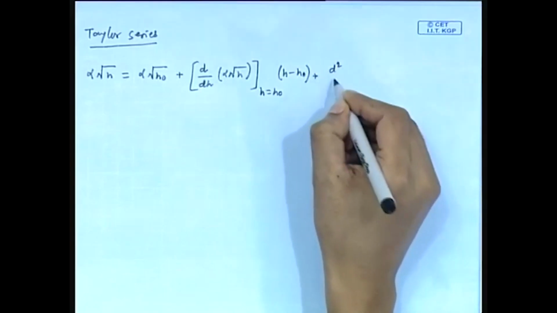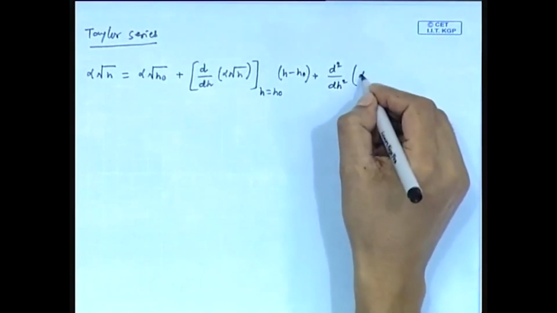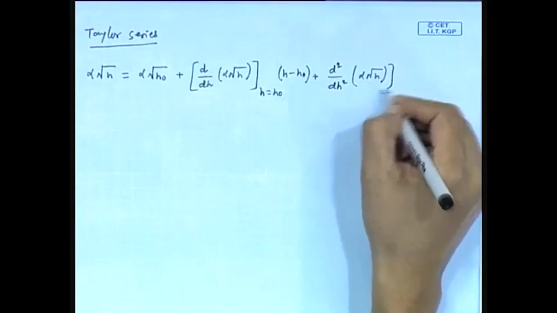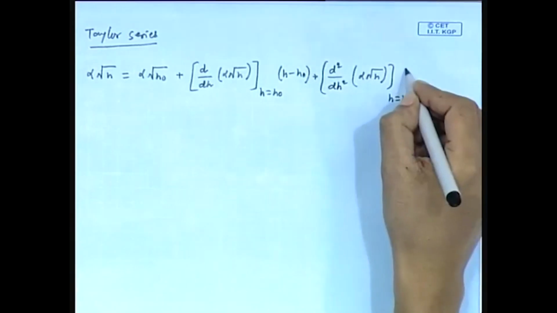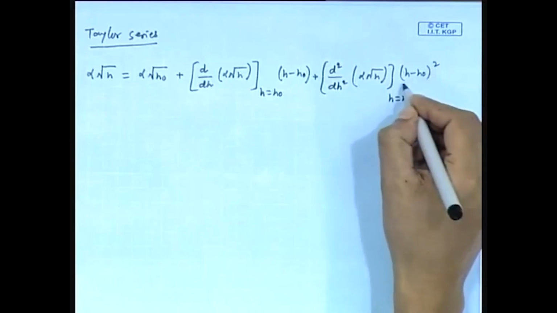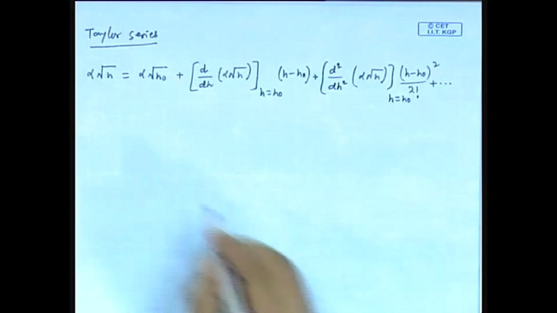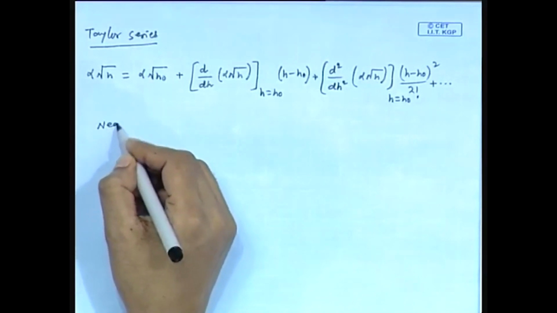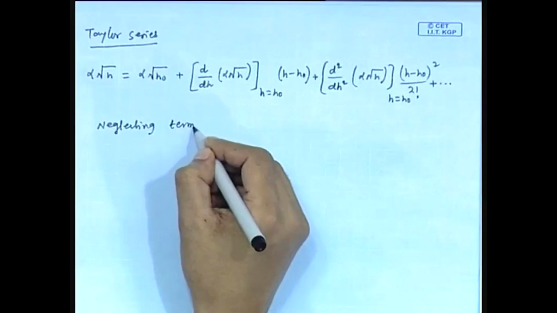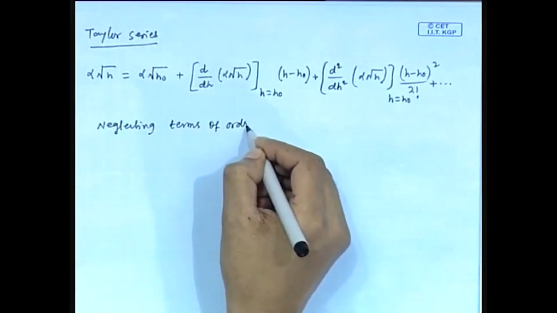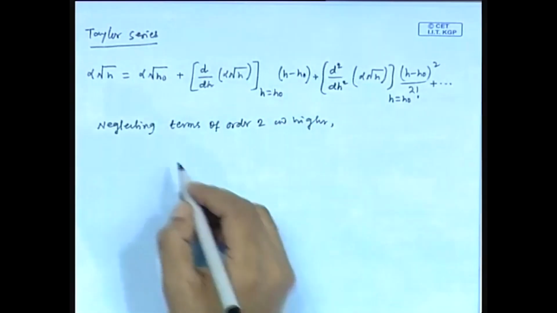Similarly, the second term, the second derivative at h equals h naught, multiplied by h minus h naught whole square divided by factorial 2. Fine. We will neglect the terms of order 2 and higher. Neglecting terms of order 2 and higher, we get